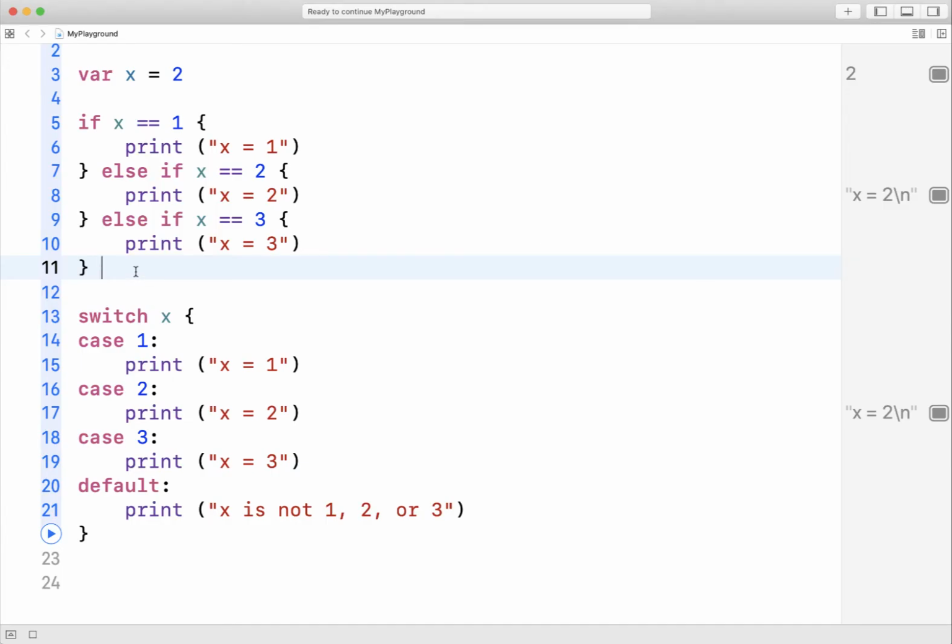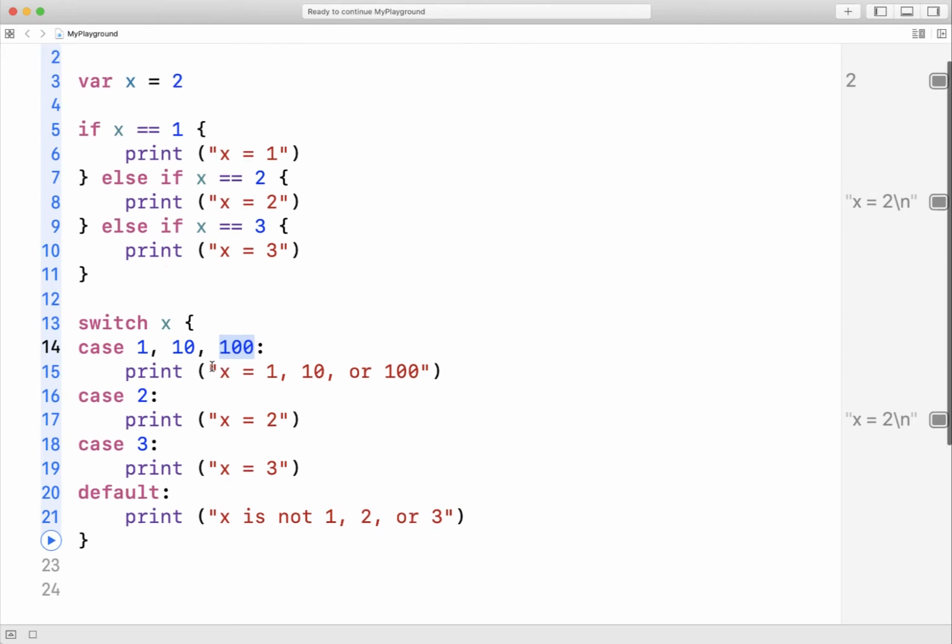Now if you look at this if-else-if statement compared to the switch statement, all we're doing is comparing one variable to one value. So here's a switch statement, one variable to one value. But what makes the switch statement especially handy is we can compare to multiple values. Like this. So what we're saying here is x, if it matches 1, 10, or 100, then it's going to